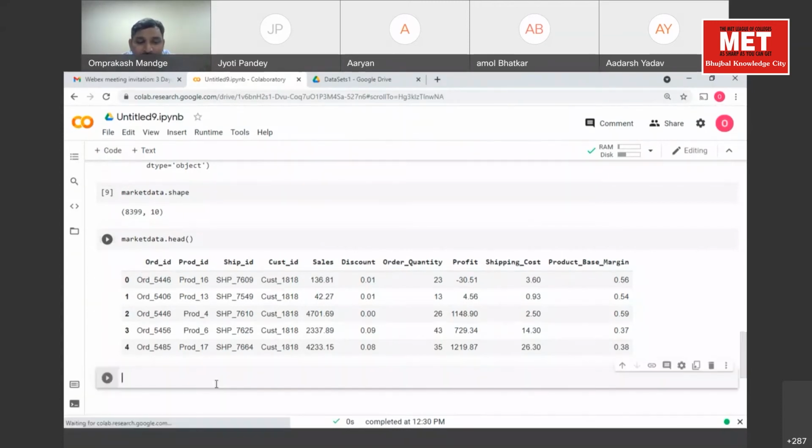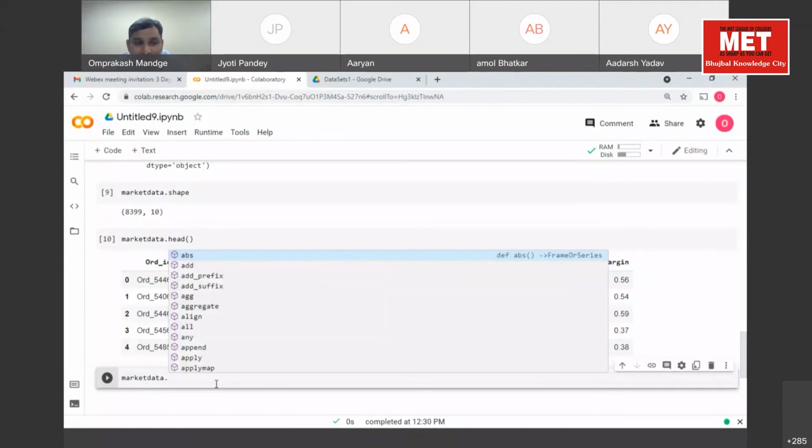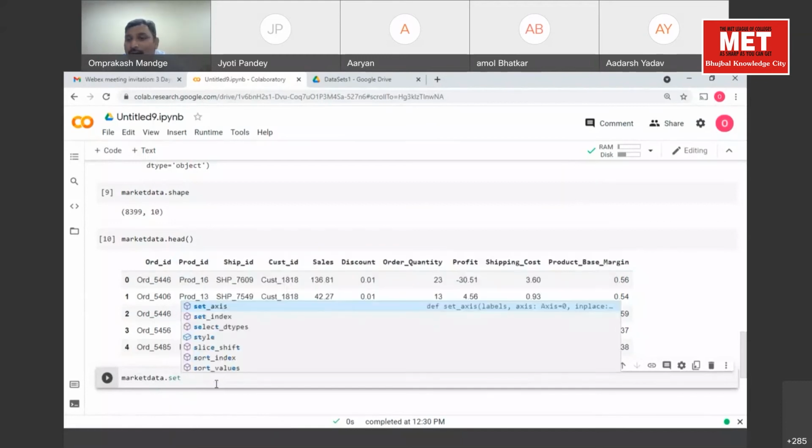So the next function that we are going to perform is market data dot. If you just type, it will give you a set of functions, or IntelliSense. Can you find some function which will allow us to do this? Yes, anyone?